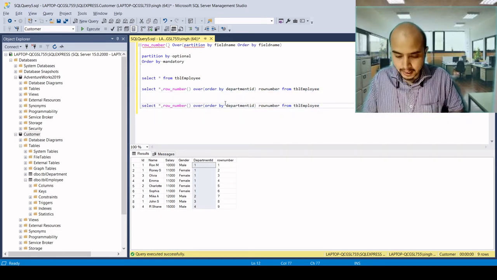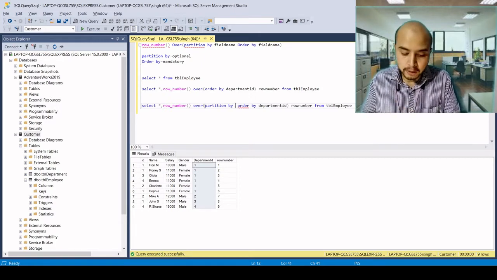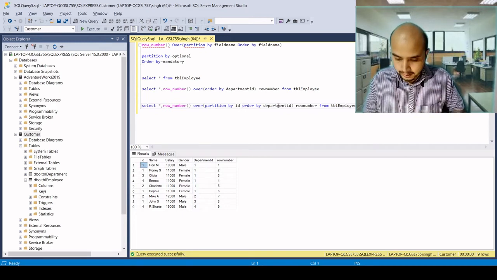Here in PARTITION BY I just want to partition on the basis of ID. Let's first query it so you will understand it well.